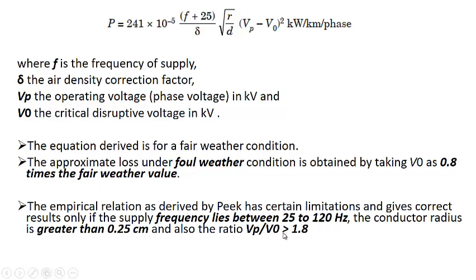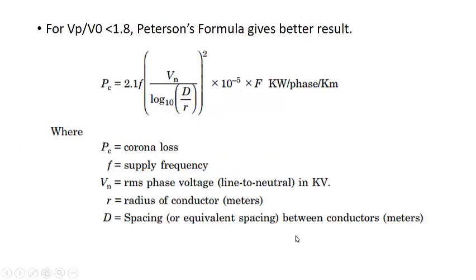So if there are other frequencies, or if the radius is less than 0.25 centimeter and if Vp by V0 is less than 1.8, there is another formula known as Peterson formula which gives better results than the Peek's formula. It is given by Pc is equal to 2.1 f Vn squared divided by (log10 d by r) whole square